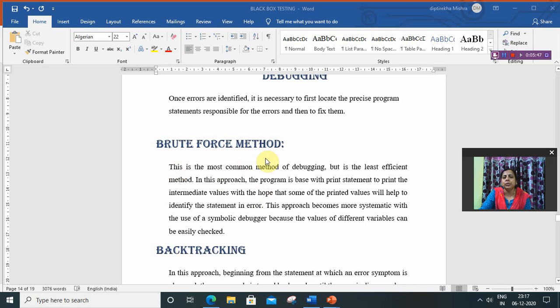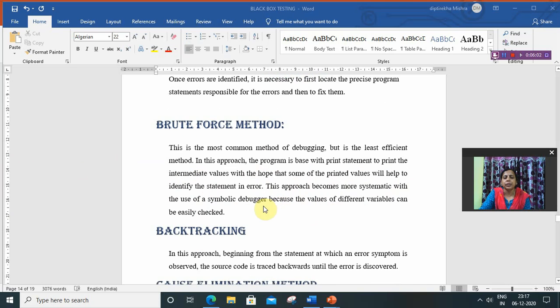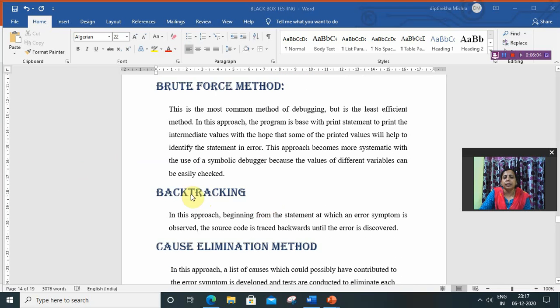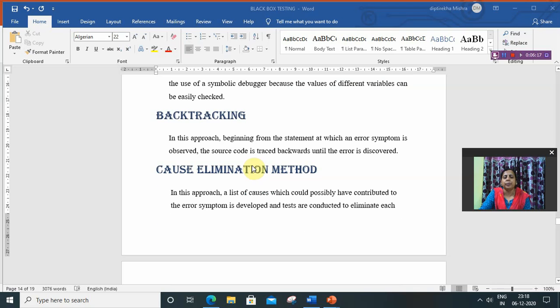The brute force method means the programmer writes print statements in the program and checks whether the intermediate values reveal the error. And the second method is the backtracking method. Backtracking means that where the programmer finds the error, from that point they check backwardly to find the error.